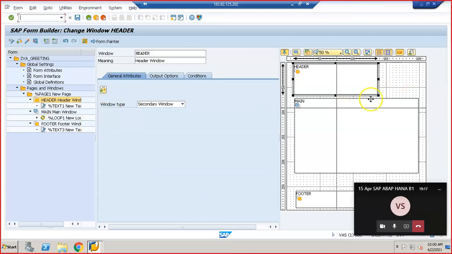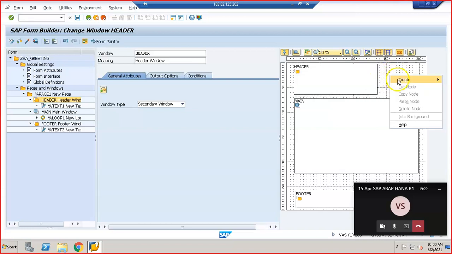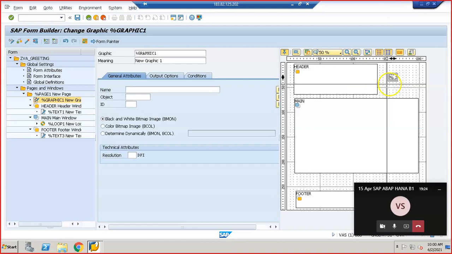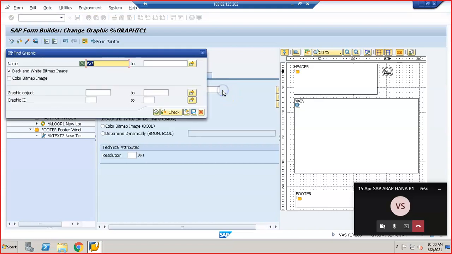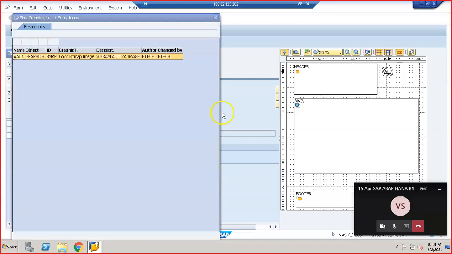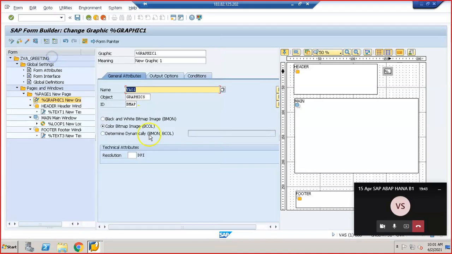Here we are going to create a graphic. You can also create it from here in the layout itself. We can go for create a graphic, and we can place it here, and then you just need to access that file name VA star. You need to select this color, execute. This is the image that we have, and I'm giving the image resolution as 100.